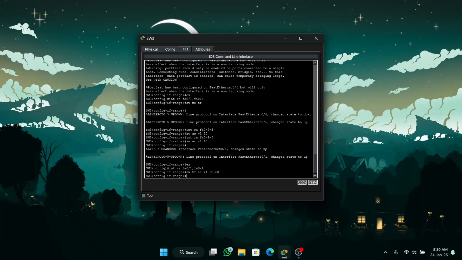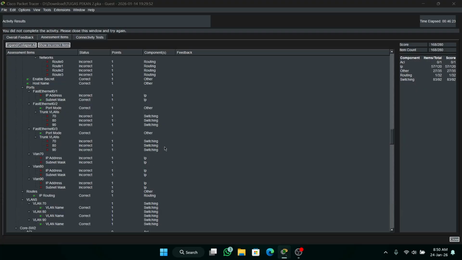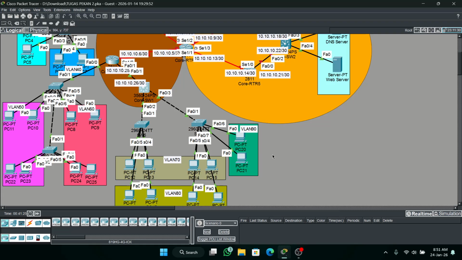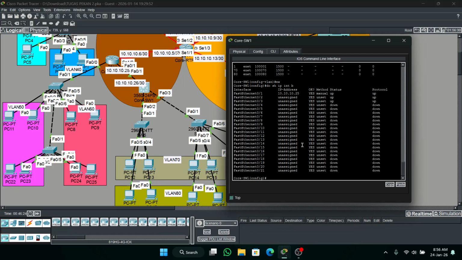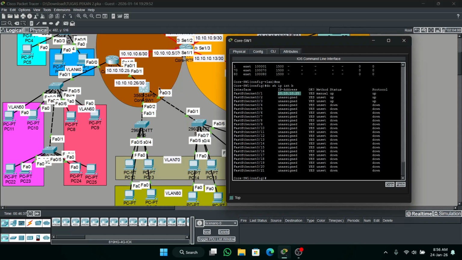Oh, IP address, yeah. Okay, guys. Alright, guys, so just a little bit wrong. The IP address on interface 2/1 is incorrect because this IP address is for router 1, router 3 I mean.